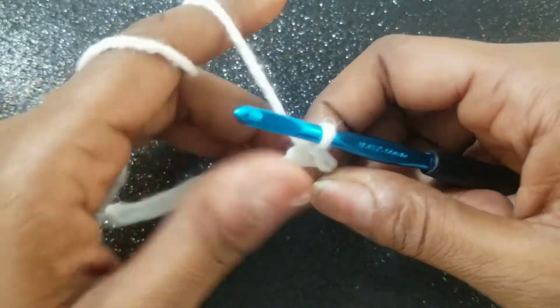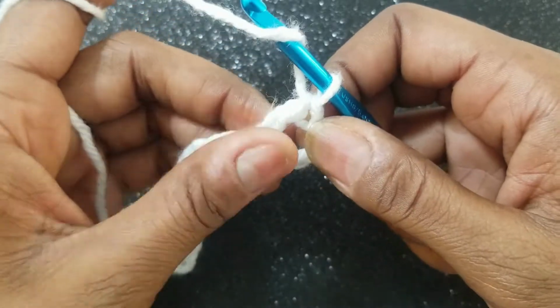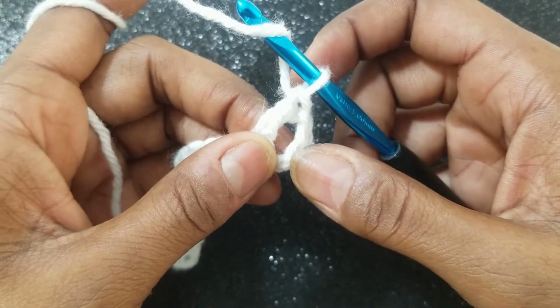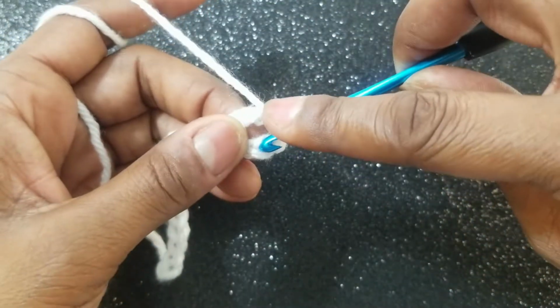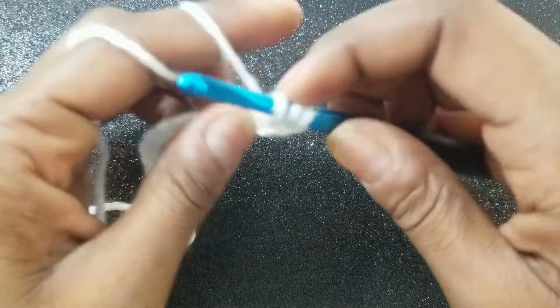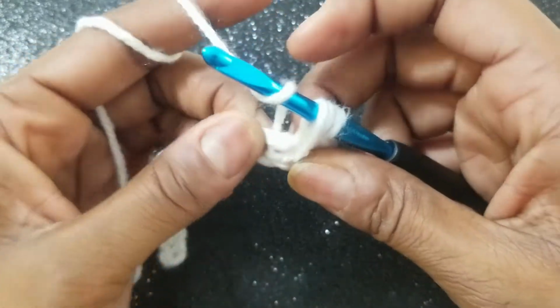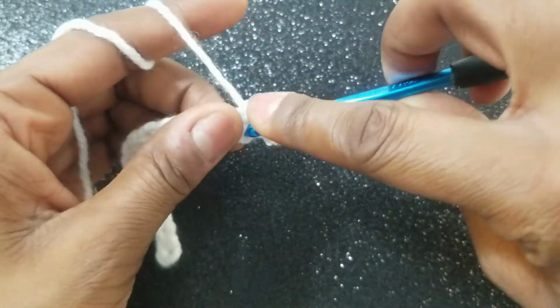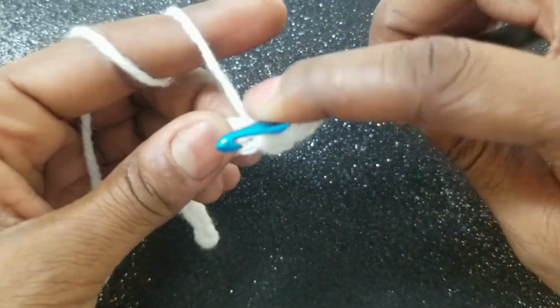Once you have that 1 double crochet in, you're going to yarn over once, and you want to go into this first chain, skip chain here, you can see it, with that hook, and pull up another piece of yarn. Yarn over again and do the same thing into that same stitch. That's 2. You're going to repeat that,